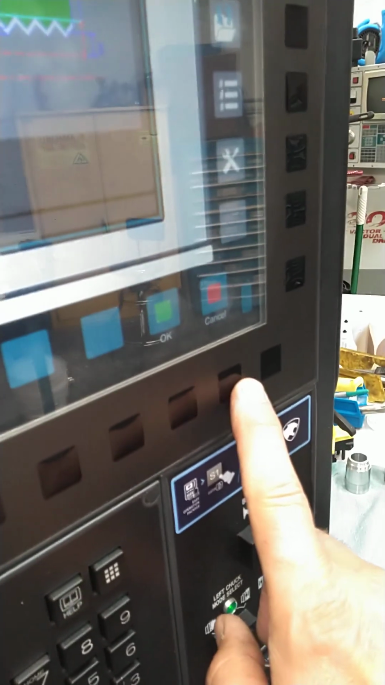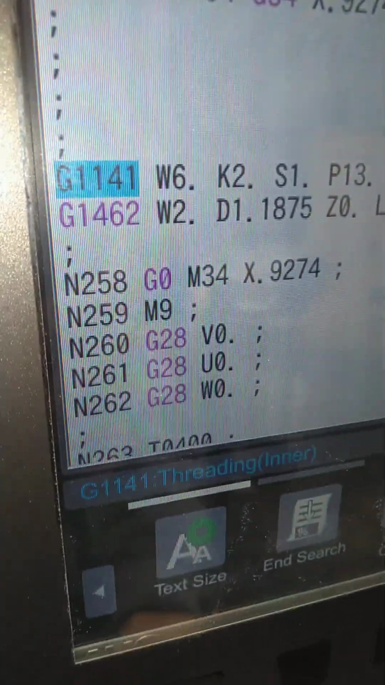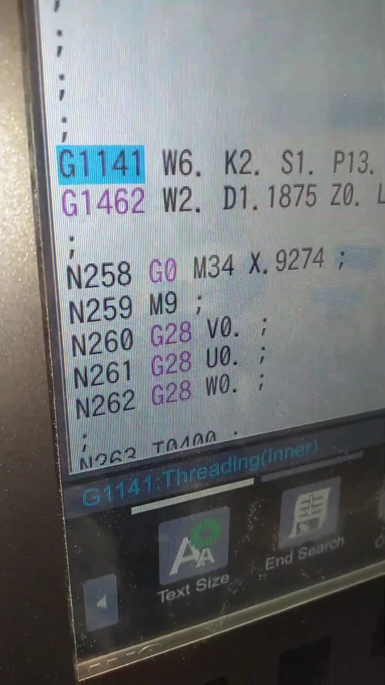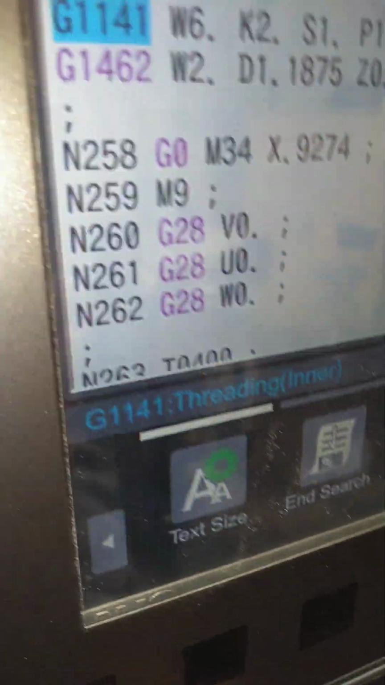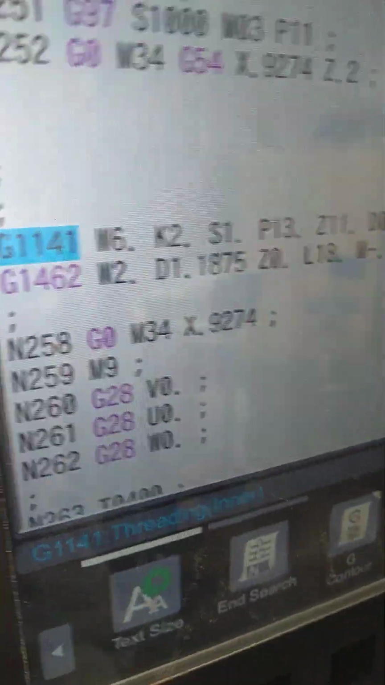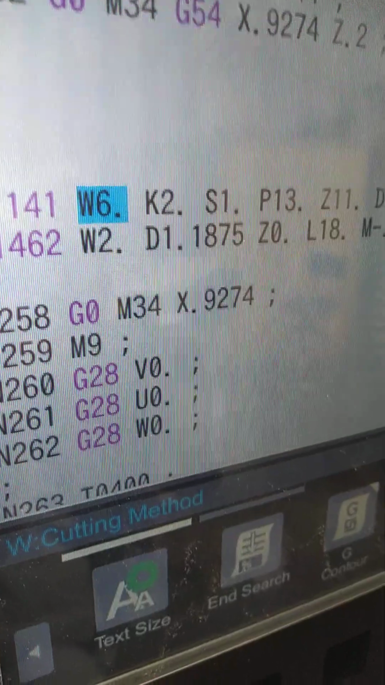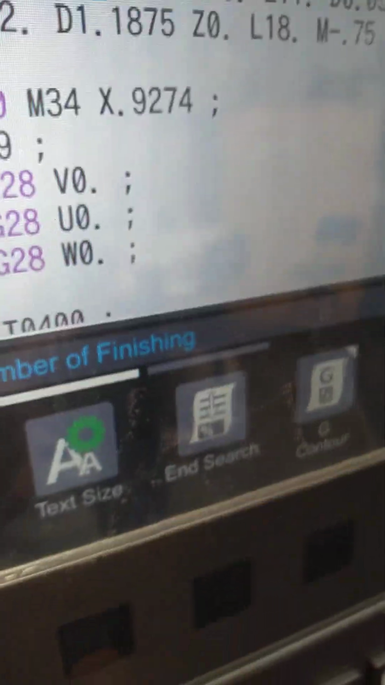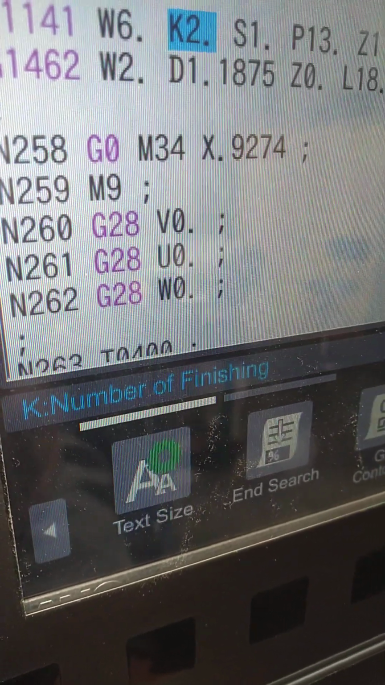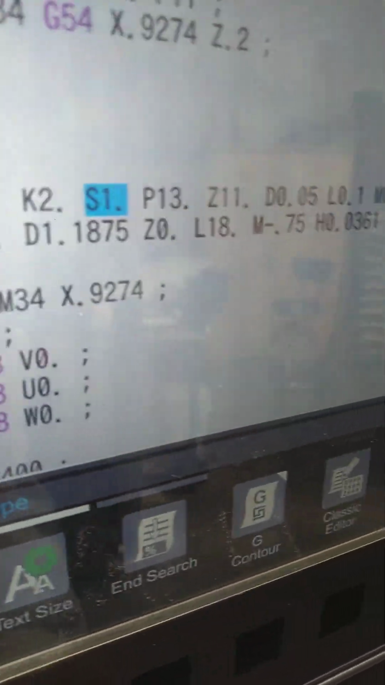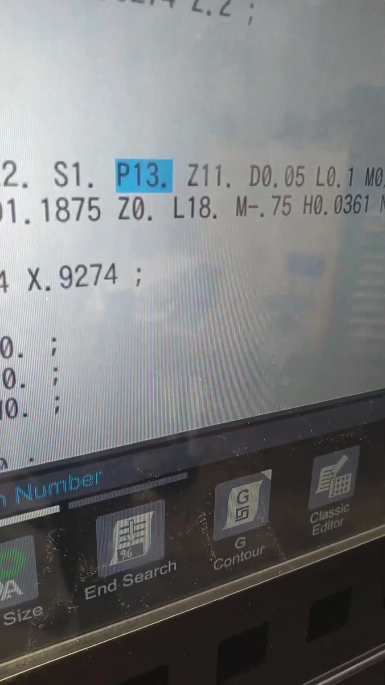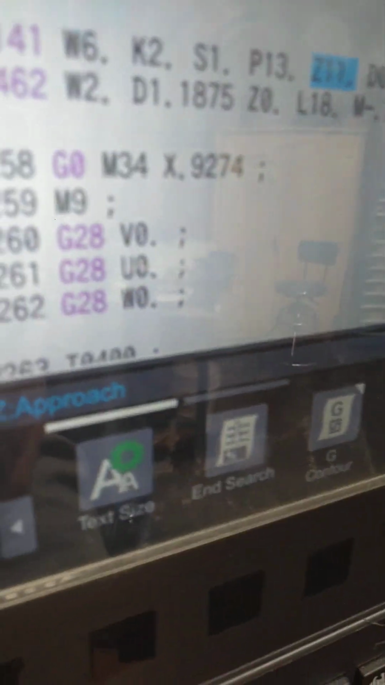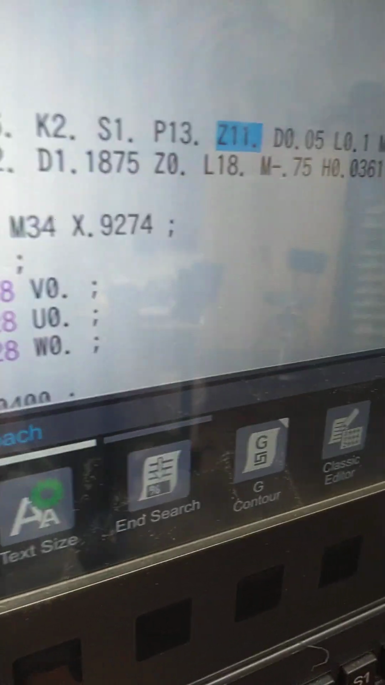So I'm just gonna hit cancel. Now, right here, I got G1141, and see, it says threading inner. You can actually get your post processor to spit this out. This is our cutting method, and you can see how it just describes what each part of the can cycle, what variable, I believe that's what it's called. So, approach distance,